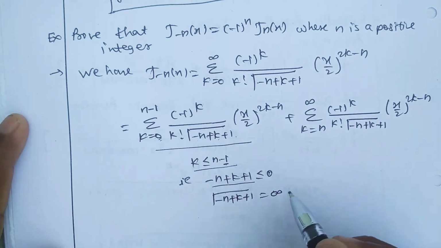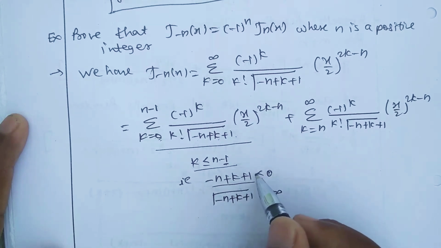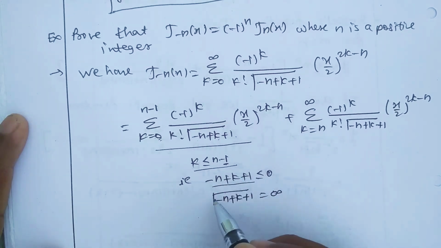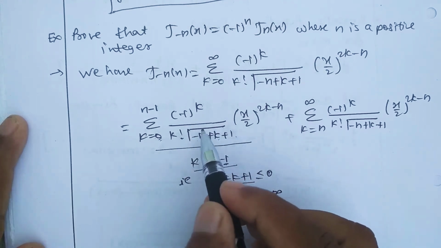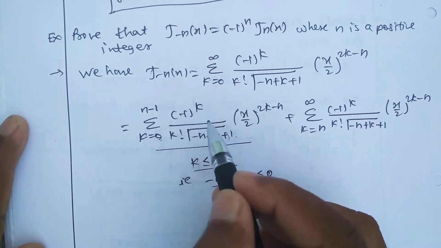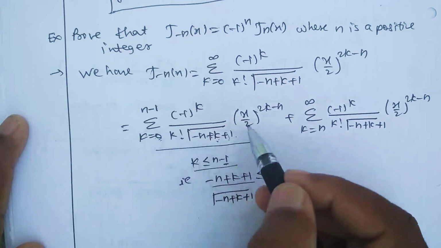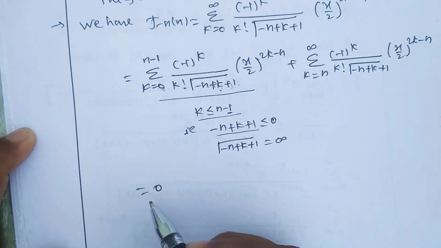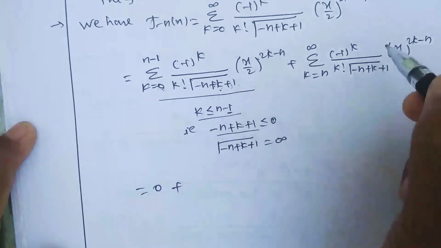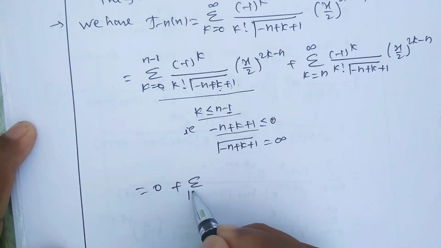When we get this negative number, gamma of a negative number is infinity. So 1 upon infinity, this total term becomes 0. So we can write it as 0 plus the second term as it is,